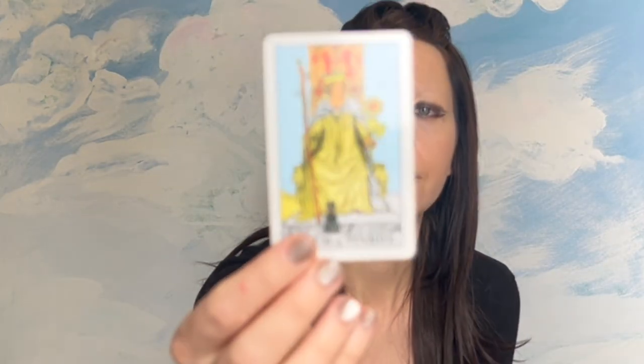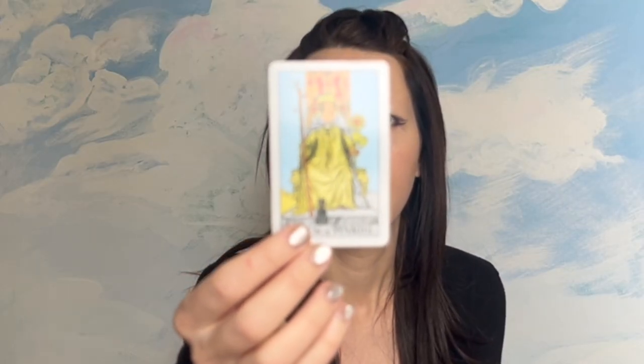Any advice for this circumstance? The advice is Queen of Wands. That as advice is to be bold, to be proud, to be confident of who you are. Like I said, I can't speak for places where it's actually dangerous to be yourself, but if that's just the advice, pursue your passions, pursue who you like,